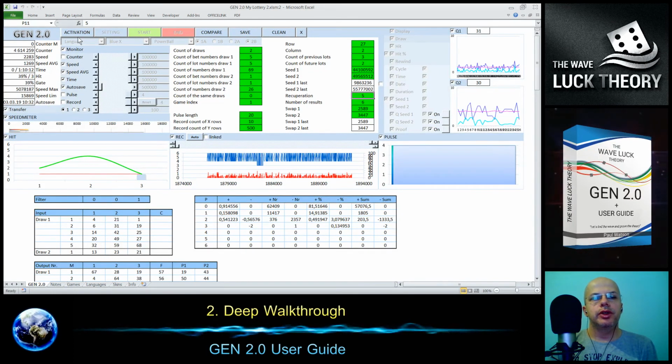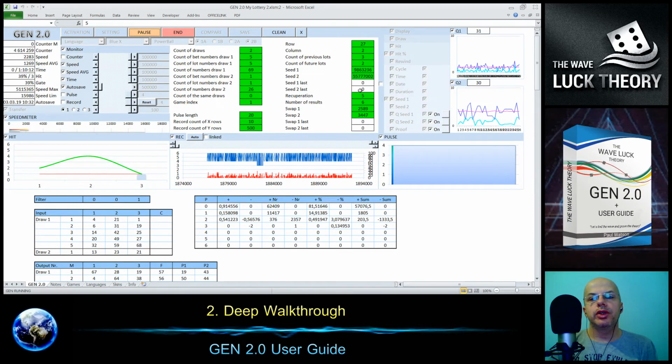And I just click the activation setting and start again. I don't need to do anything more. You could also see that the last numbers were moved up, so all the settings are correct, and it's continuing from the last save point, which was at 10 o'clock 32 minutes. I can pause it again.